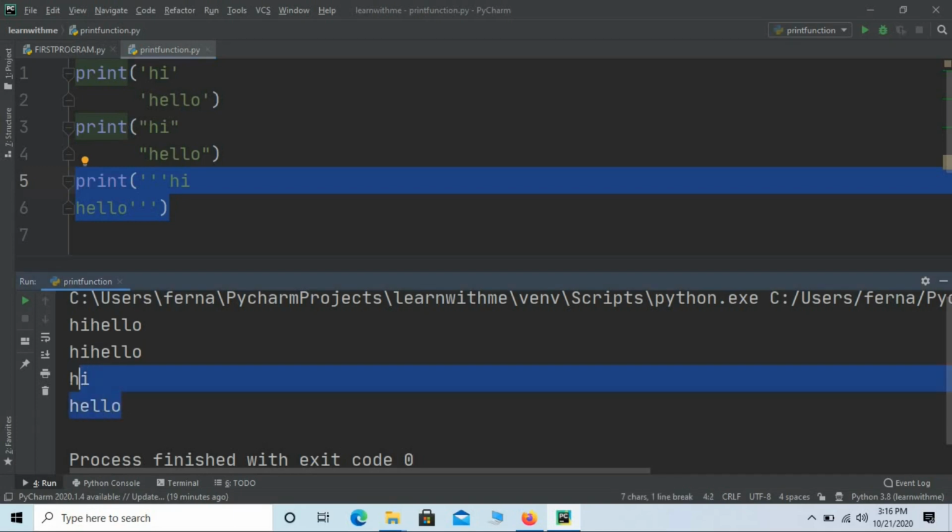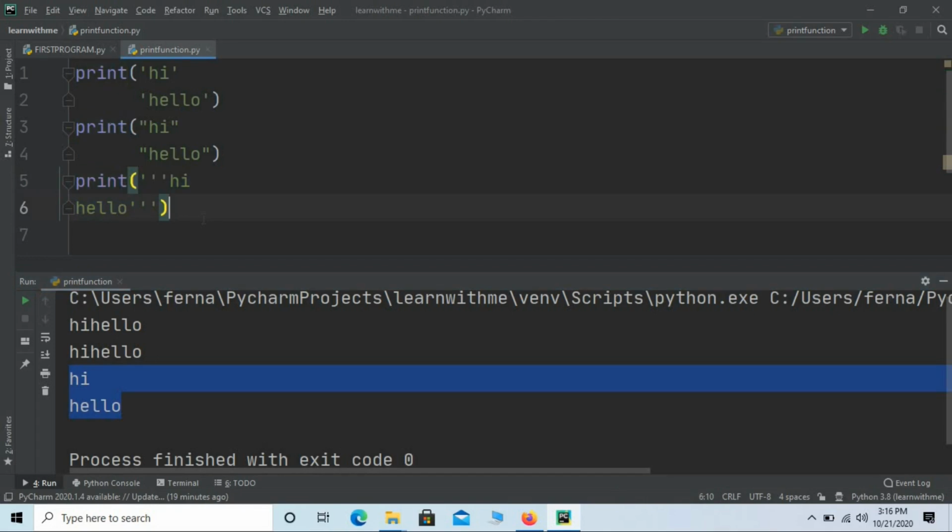in the output, if I observe the previous outputs as well as this output, we observe that when I typed hi, hello in two different lines with the help of triple quotes, it has given me the output in multiple lines as I wanted. So from this observation, we can say that triple quotes is used to print or to get output in multiple lines.